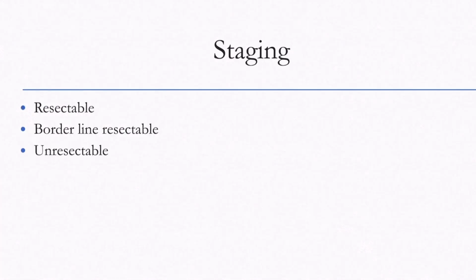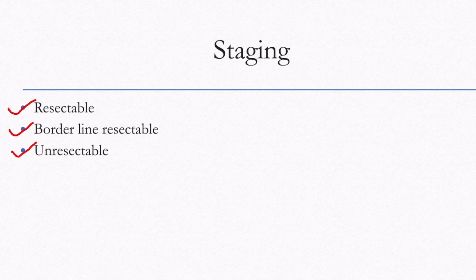Purpose of staging is to define resectability of tumor. If no mets are present, then local resectability is assessed by imaging. Main cause of unresectability in cancer pancreas is involvement of vessels: SMV, SMA, common hepatic artery, and IVC in case of head and uncinate process cancer. 3 categories are defined: resectable,